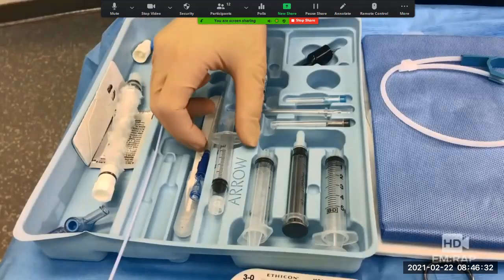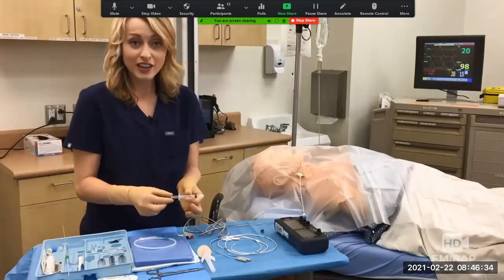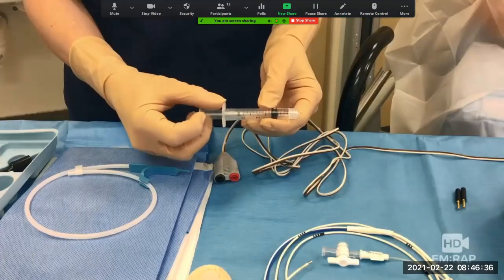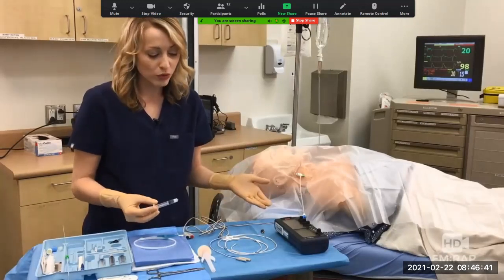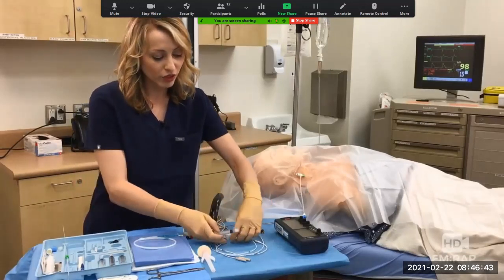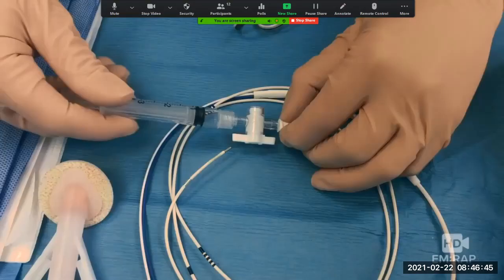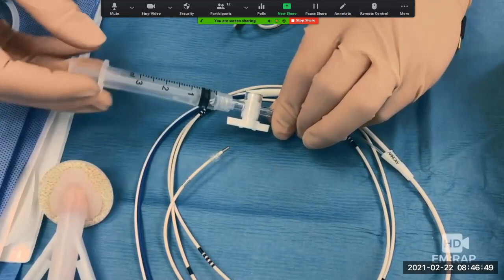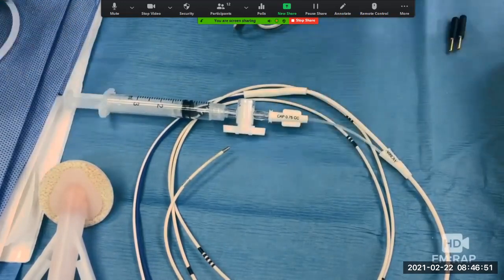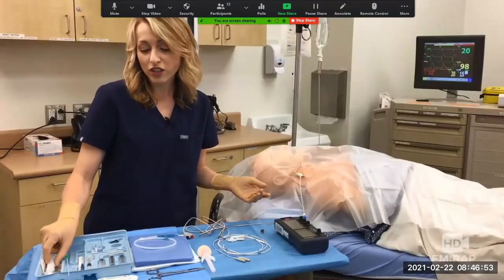Now that the connecting cable is all set up, we're going to check the balloon on our pacing wire and make sure that works. So you're going to use this small syringe, the one with the plunger. I mean, this can't draw up any more air than what it allows, and that's a good thing because you don't want it to rupture the balloon. So we're just going to confirm that our balloon actually does inflate.